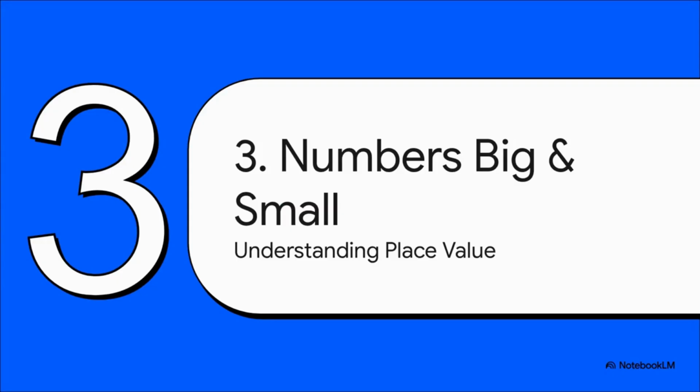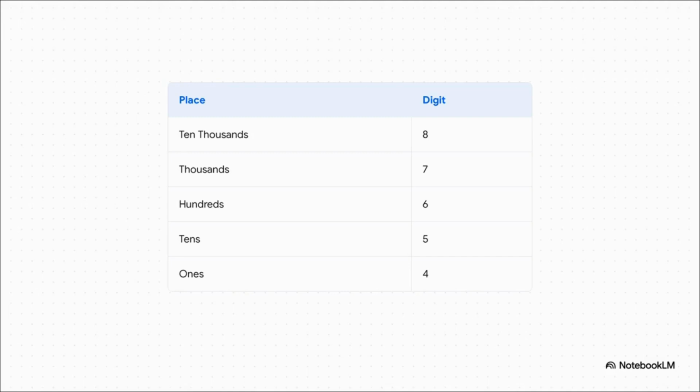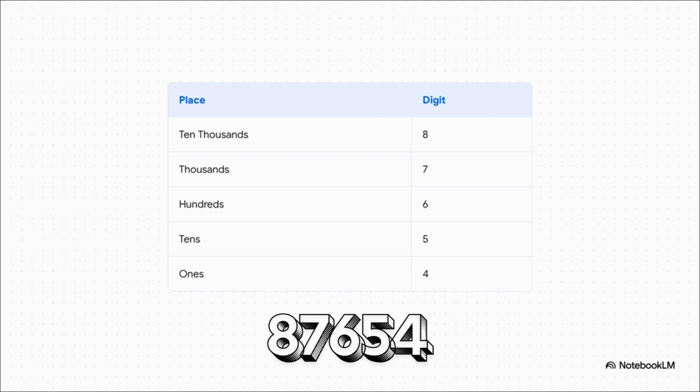So now that we've totally nailed the order of operations, let's take a quick look at the numbers themselves. Because understanding something called place value is absolutely key to making sure you're adding, subtracting, and comparing them correctly. This chart shows you exactly how it works. Let's take a big number, like